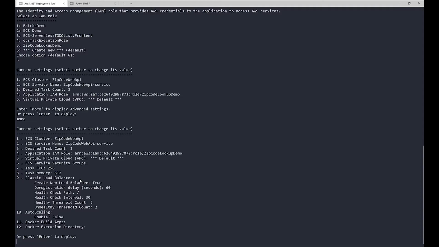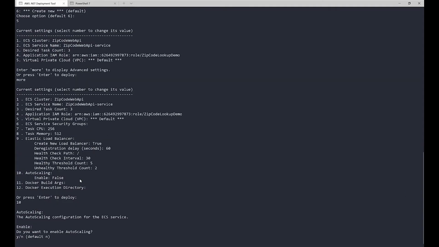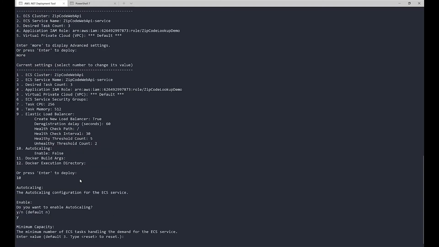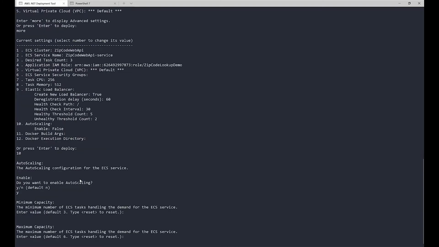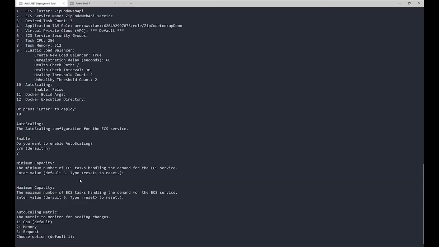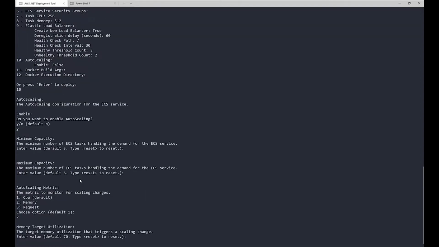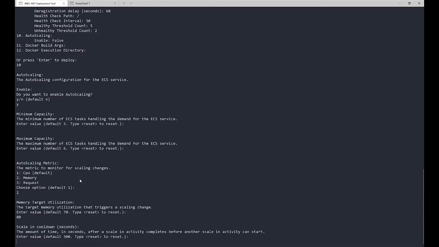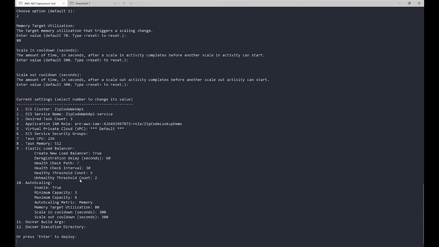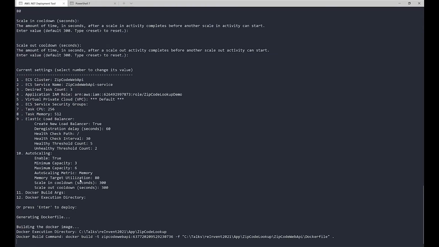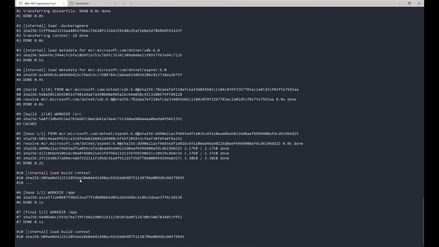Actually, let's do that. Let's turn on autoscaling. So I'm going to say, let's change autoscaling. Let's enable it. I'm going to keep the minimum at 3. I'm going to say, let's let it grow up to 6. We'll scale up there. And instead of CPU, let's set the metric to memory. And if memory goes above 80%, let's do a scaling event. And I'll let the scaling cooldown stay at the defaults there. And that's it. So now with just that, we were able to customize our deployment. We were even able to add autoscaling and set up permissions. And I can just go and push enter. And that's going to take care of doing our deployment.